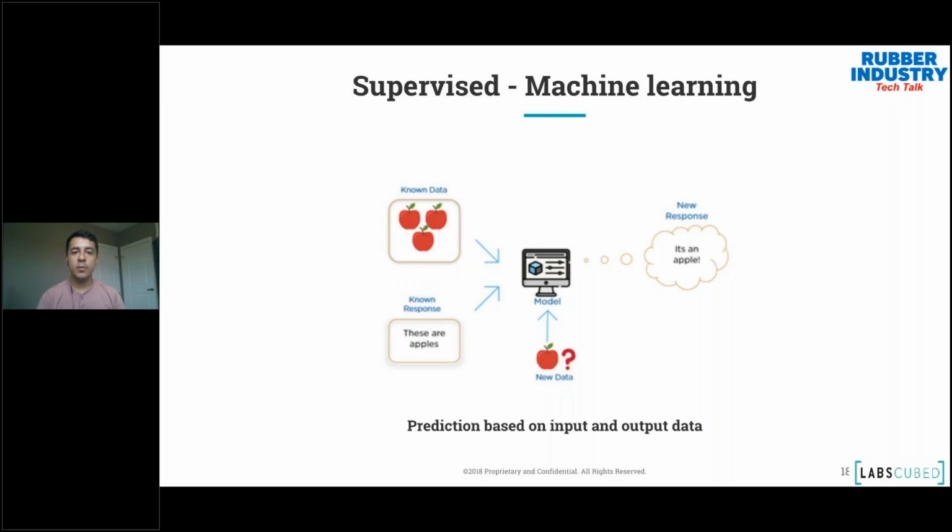As you can see, it's very important that known good data goes in. If we fed it pictures of oranges and told it those oranges are apples, it would predict incorrectly. So it's all about that good known data. And that's a big part of this: clean, good data is the most important thing. If you feed really bad data into any model, I don't care how great it is, it's still going to give you a bad prediction. So the data and what you're producing is really important. Hence, as you automate, you get better, more consistent data, and your model becomes much more powerful and much better at prediction.